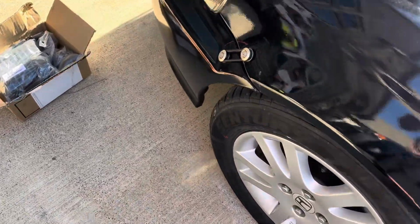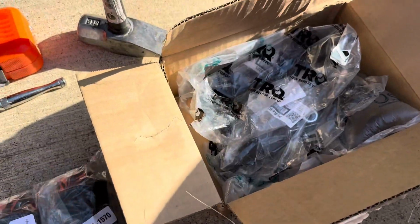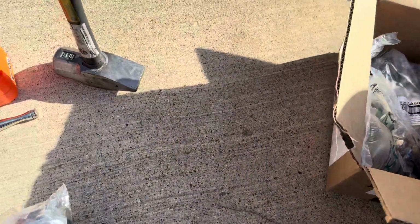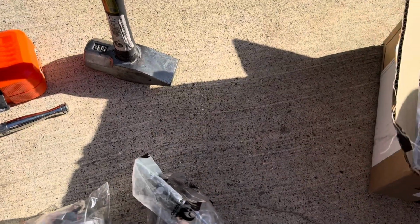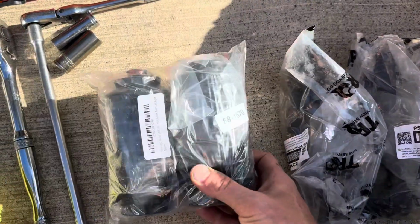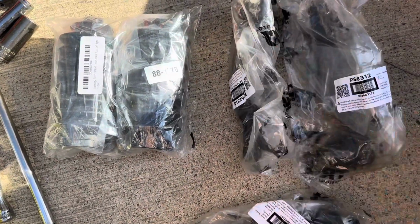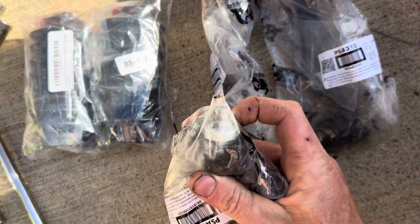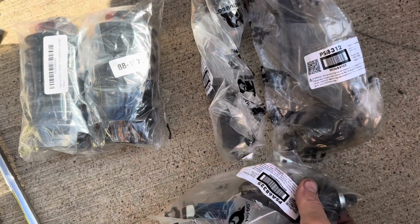All right, on today's video, we're gonna be swapping out the inner and outer tie rods on a 96 through 2000 Honda Civic. It is the same for 92 to 2000. But here are our new parts and our new boots since the old ones are busted. And these do have the locks on them. So first thing we're gonna do is we're gonna jack up the car, take off the wheel,